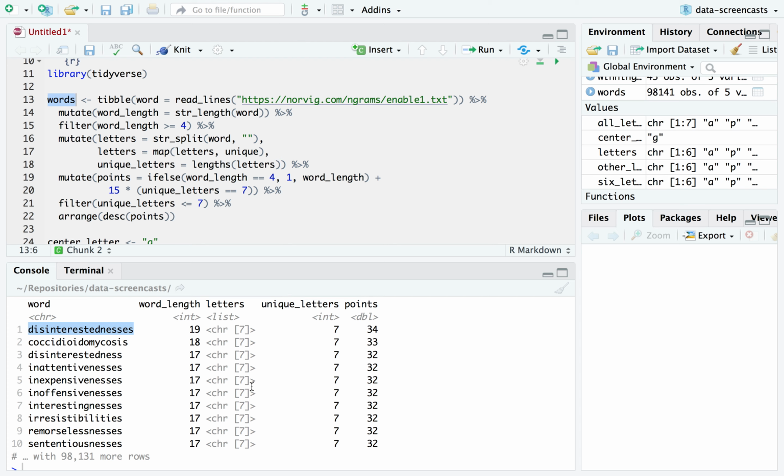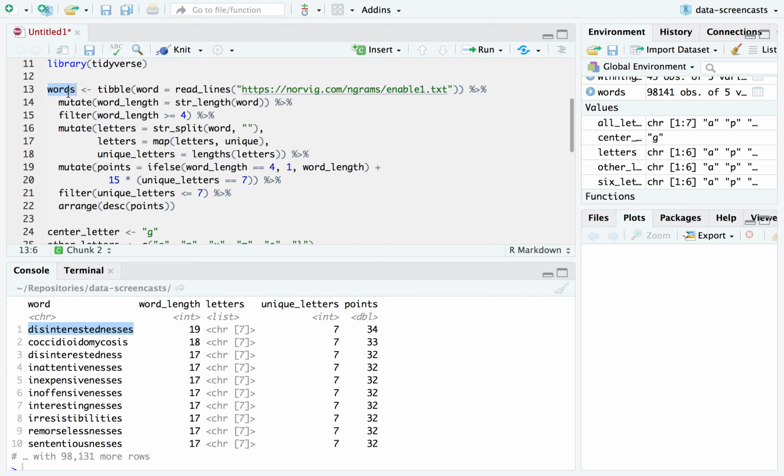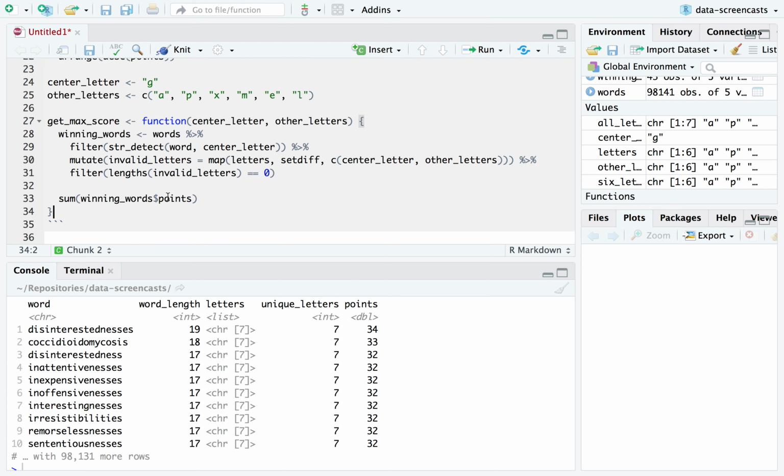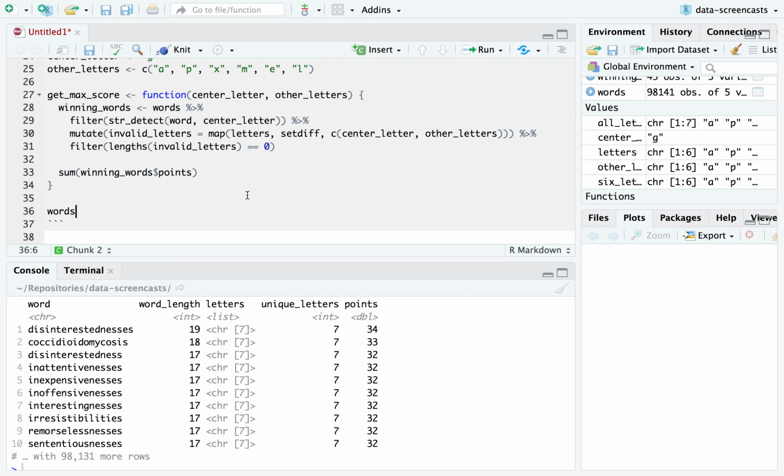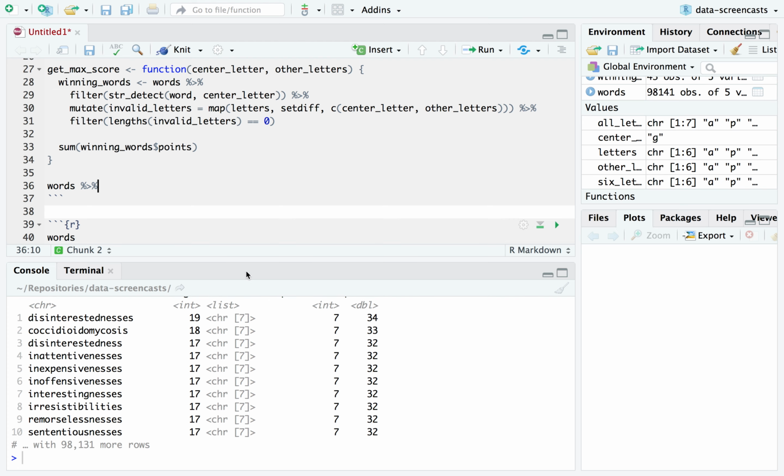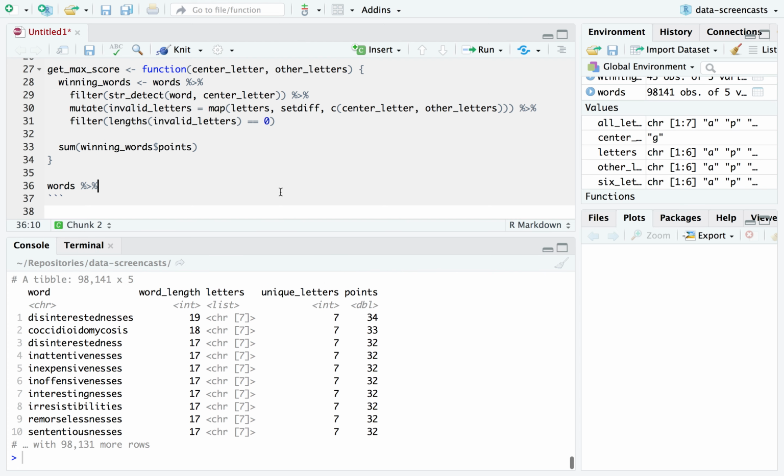Yeah, but there's only one. Remember that for each of these, there's only one honeycomb that would match. Still, I think it's going to be a little bit informative. I have my max score here, but what if I take a look at my words? And what if I say, I'm going to save this